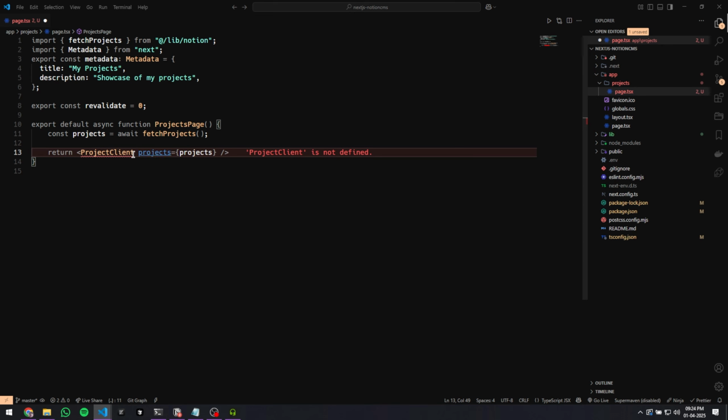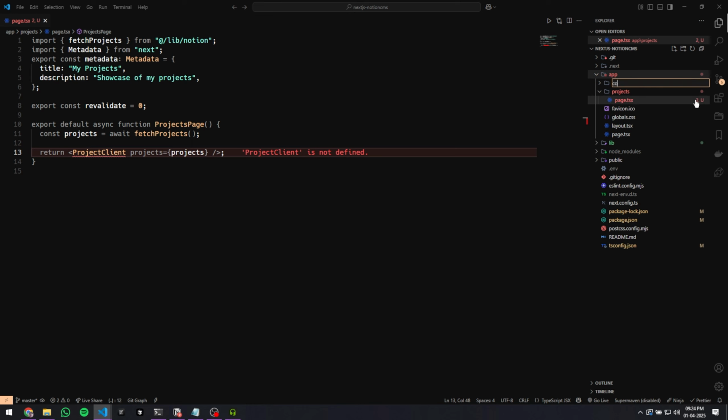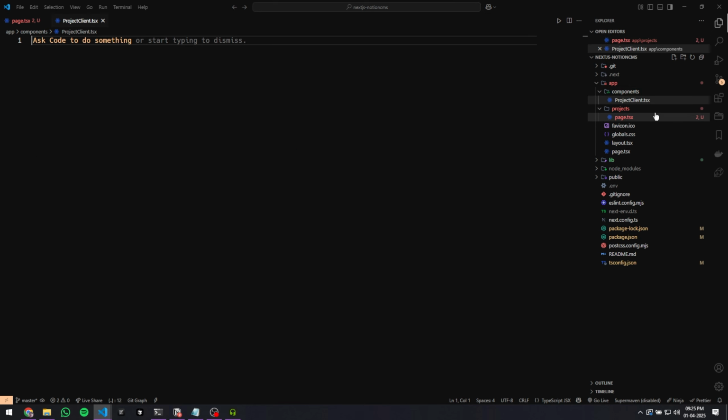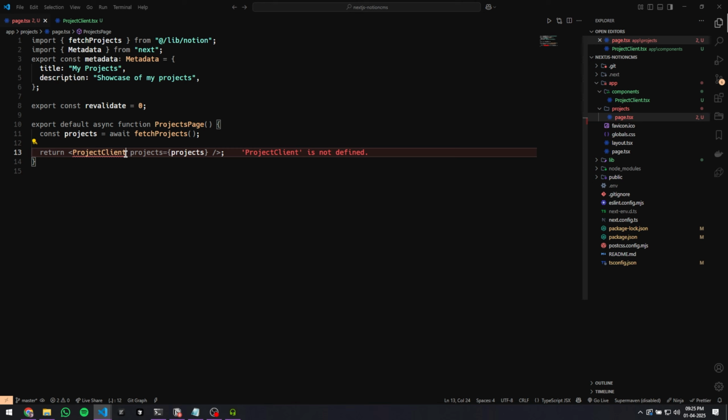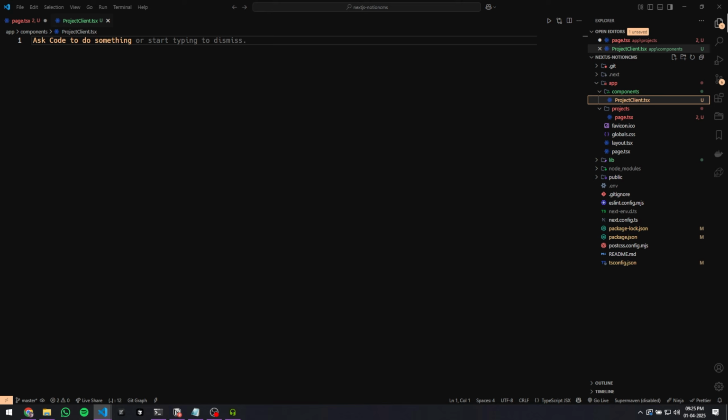So this is going to be undefined because we have still not created that component. So inside your app directory, create a new folder called components, and inside this directory create a file called project client.tsx. Okay, now let's import that. Okay, we have still not defined the export for that file. Okay, so now this is going to be strictly a use client component. So use client,